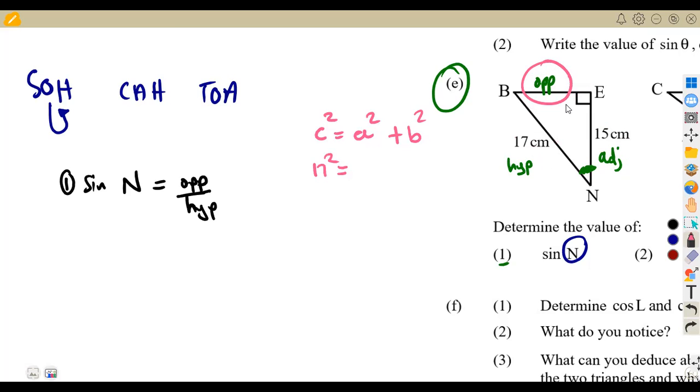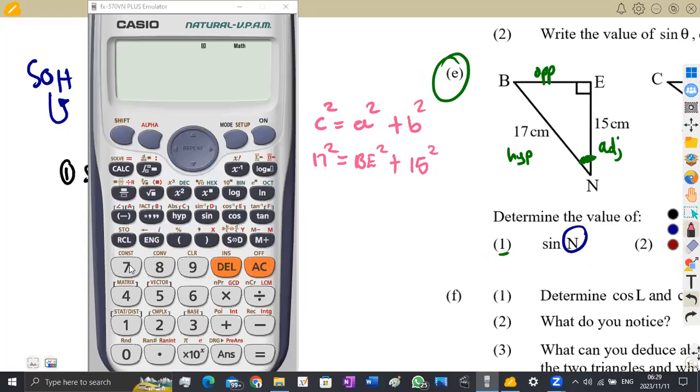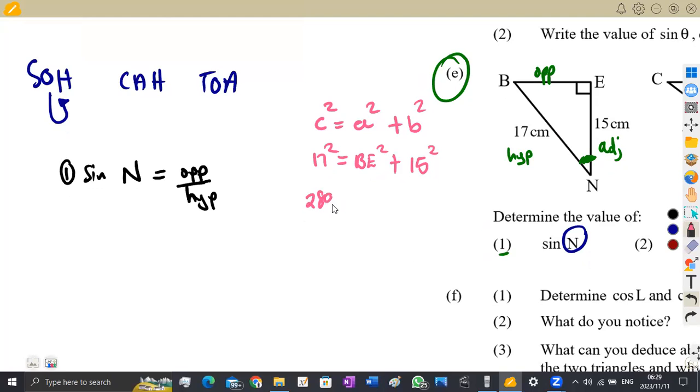In this case, we have the side BE, which is our opposite there. So we're going to take this as BE squared plus the shorter side of 15, so it is going to be 15 squared. Just for the sake of simplification, so that you avoid errors, simplify the square of 17. The square is 289. So 289 is equal to BE squared plus 15 squared in this case,